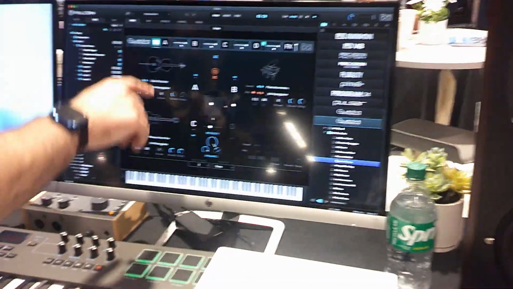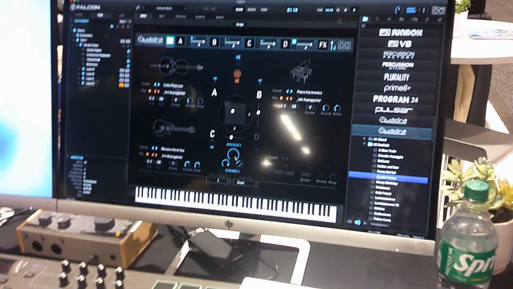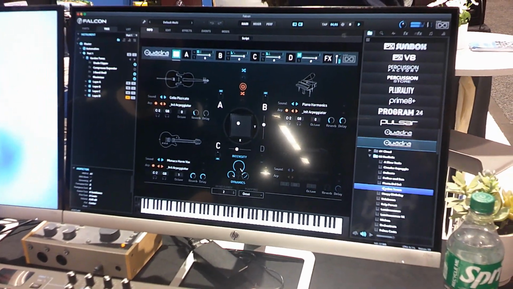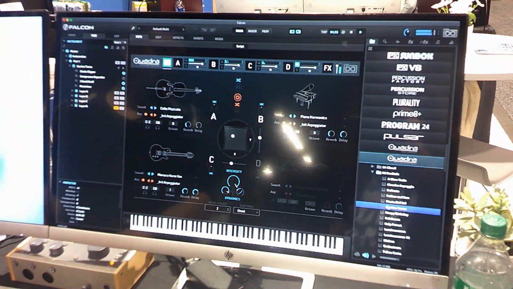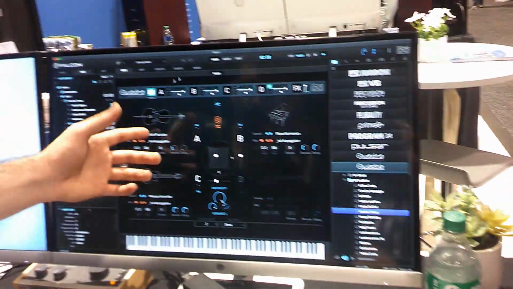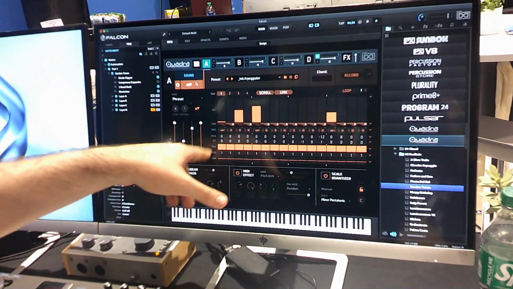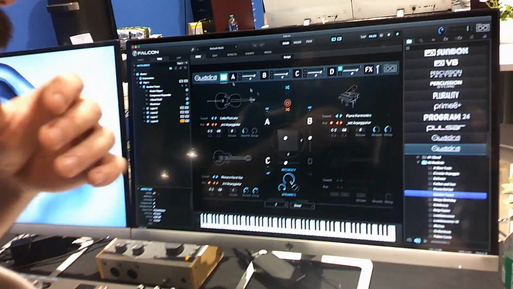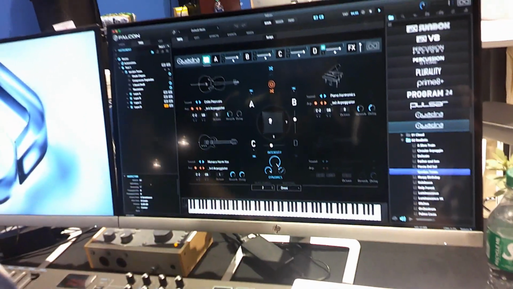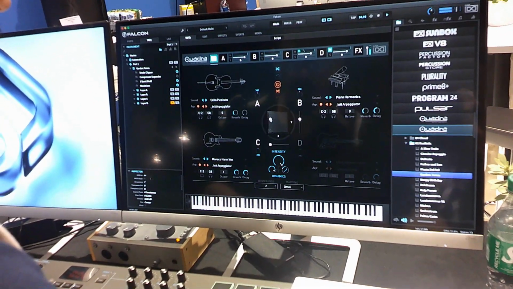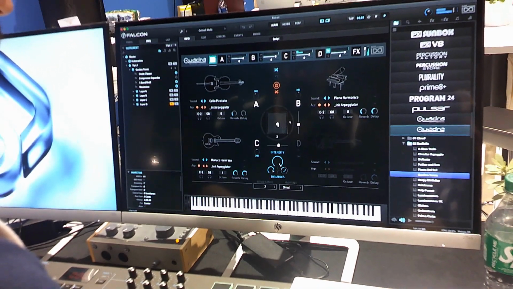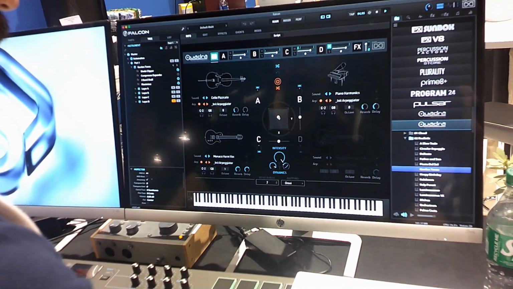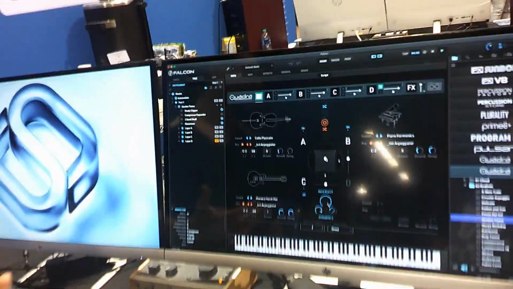So this is a piano, a cello, and guitar, all at the same time. Yeah. I'm just holding that down. And within each of these, we can edit the instrument settings. Each one has its own sequencer. So there's 4 layers of that, all the same, each with its own individual controls. We can control the blend between these things with this XY grid. And of course, you can automate that and whatever.